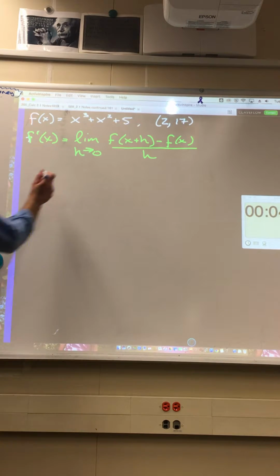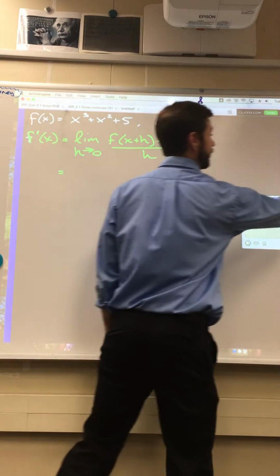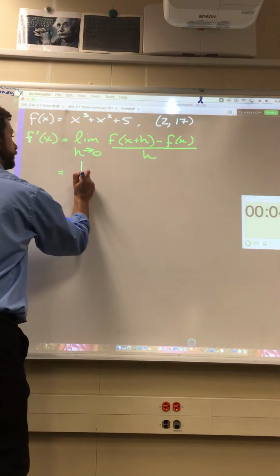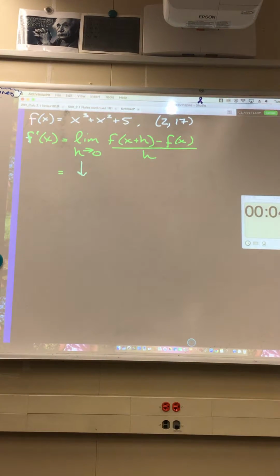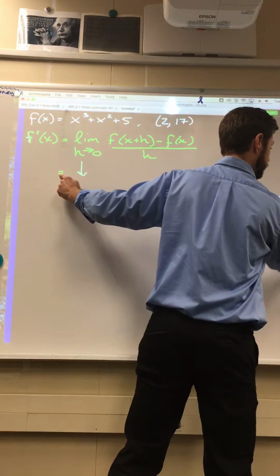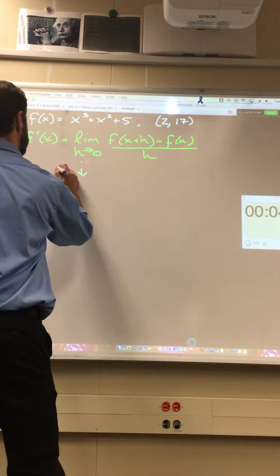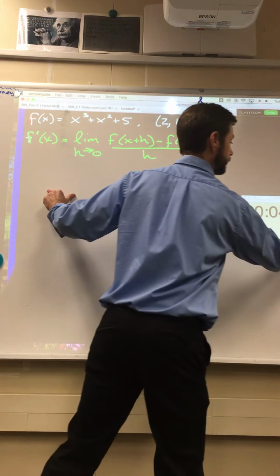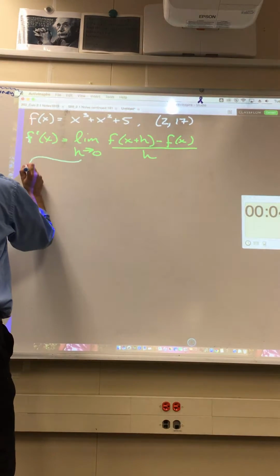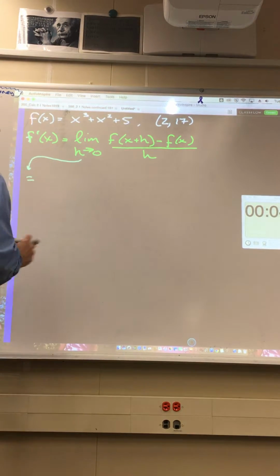I'm going to be lazy with my language. I'm going to bring down my limit notation using my little arrow, and plug everything else in. Actually I'm going to move over because this is going to take a lot of room. So let's come over here, bring my limit down there. That's going to equal